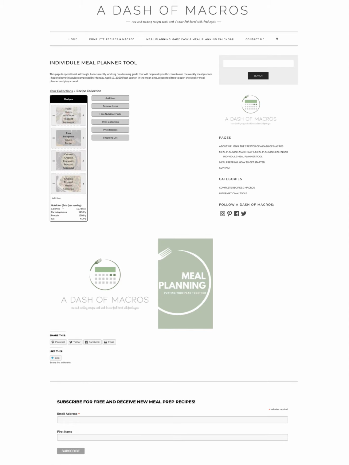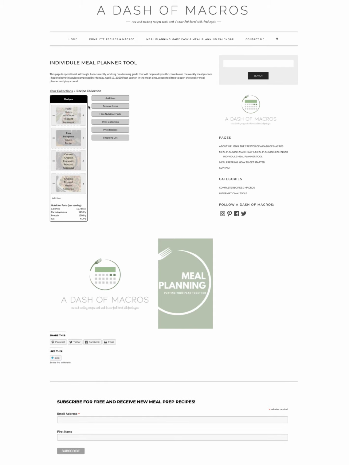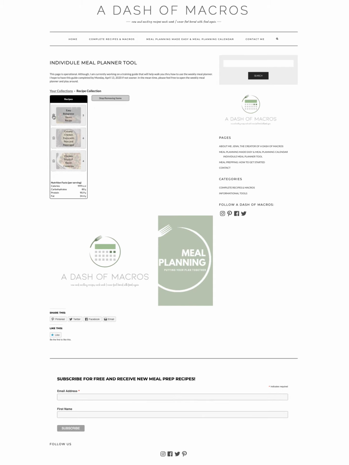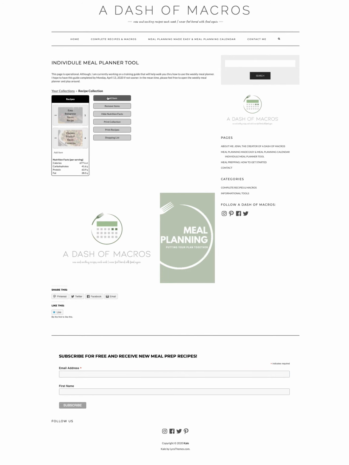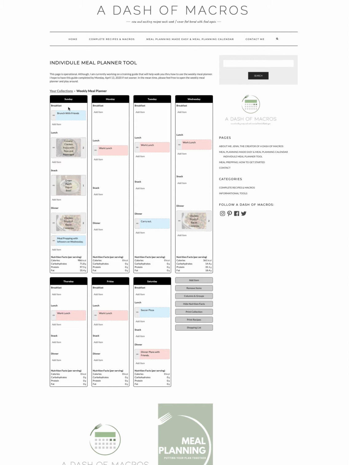Here you'll also see the nutritional facts, carbohydrates, protein, and fat for every single one of these recipes. You can hide the nutritional facts, show the nutritional facts. You can remove items from this list. And you can go back to your collections, go to your weekly meal planner, and any recipe that's in your collection